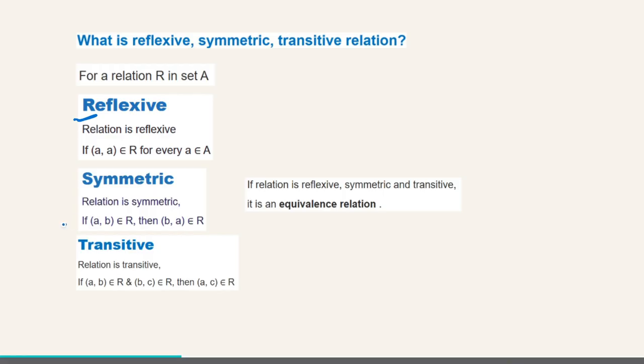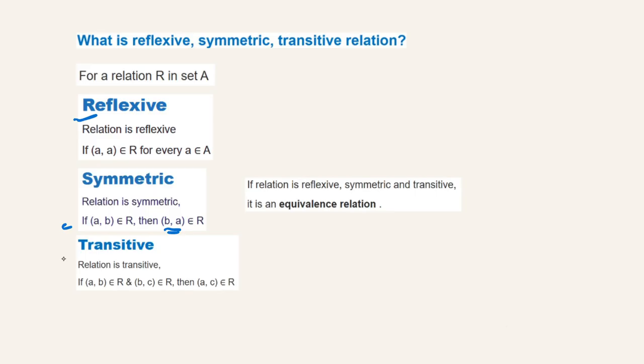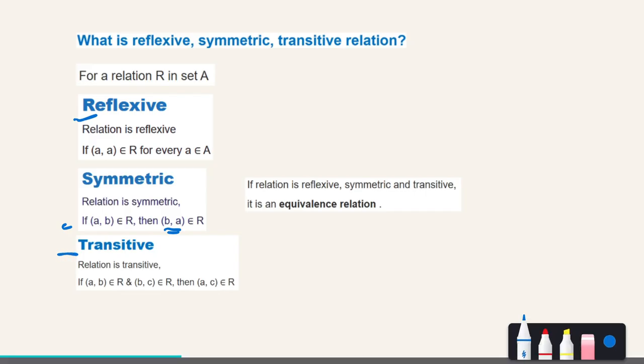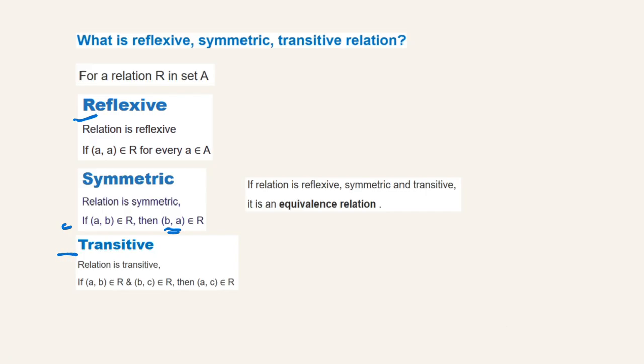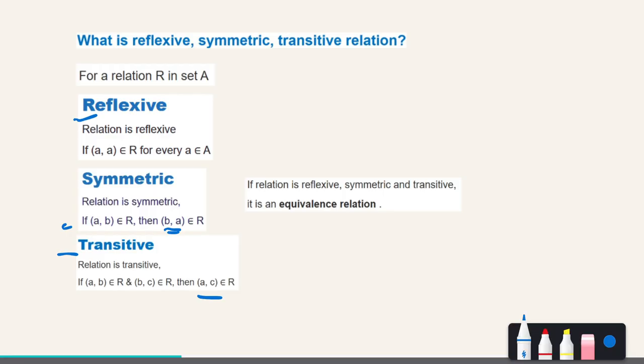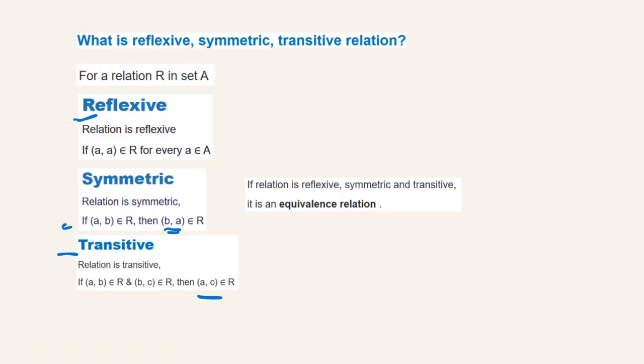Symmetric means if (a, b) belongs to R, then the element (b, a) should also belong to R. And the transitive condition is if (a, b) and (b, c) belong to R, then (a, c) also belongs to R. If a relation is reflexive, symmetric and transitive,